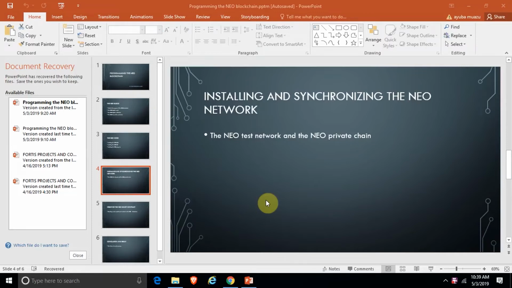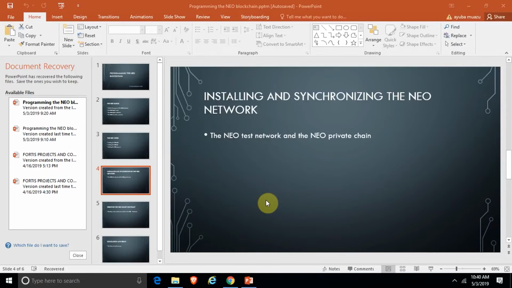Of course, we also have the Neo main network, and that will be where the actual Neo gas that costs money is. So we're going to talk about the Neo test network. Actually, the test network of the Neo is an environment where users can develop, commission, and test programs. So the Neo test network incurs the Neo network fee of the testnet gas, which is not the